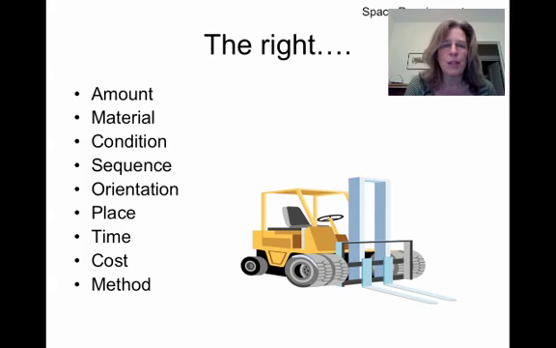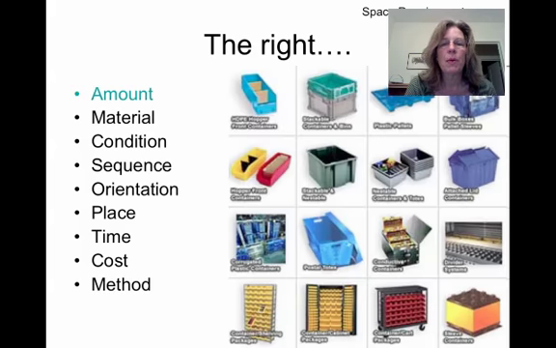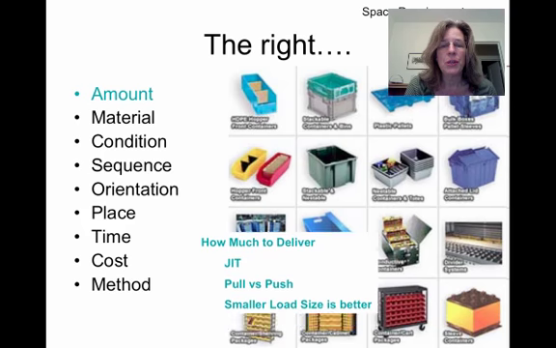So this is a picture of a forklift, so you can see that's an obvious material handling thing. So we want to look at the right amount of material. So the question is how much to deliver at any point in time. These are a bunch of pictures of different totes and different containers, because that's going to be important to decide what is the batch size that you're going to be doing? How often is it going to be done? Is it going to be push or pull? Are you going to have smaller load sizes or larger load sizes? So all of those things have to do with what is the unit load that you're distributing in the material